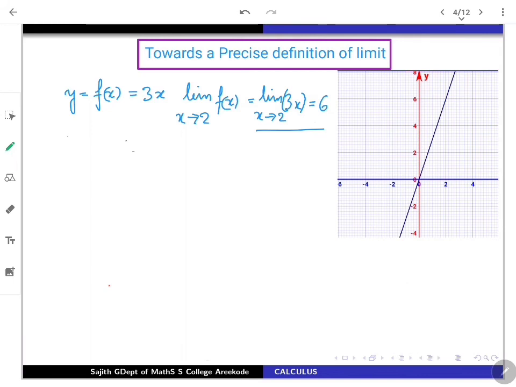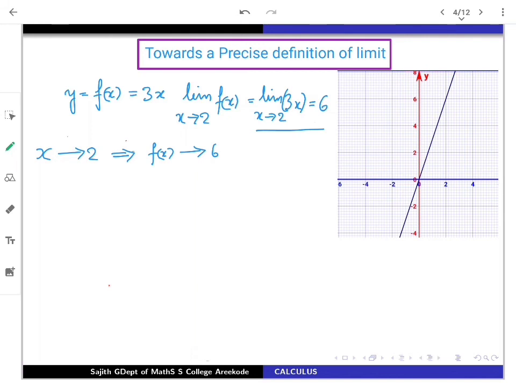So what does it mean actually? It means you go nearer to 2. That should imply f of x values, that is your 3x actually, are nearing towards 6. Nearing towards, how will you explain? Nearing towards means, see, x nearing to 2 means x and 2 are very near to each other. It just means there is no difference. The distance between x and 2 is going to be tending towards 0,